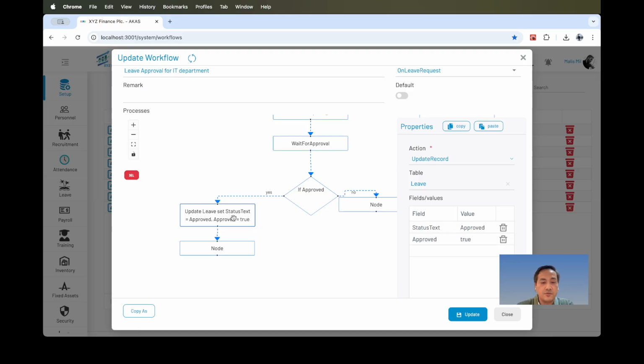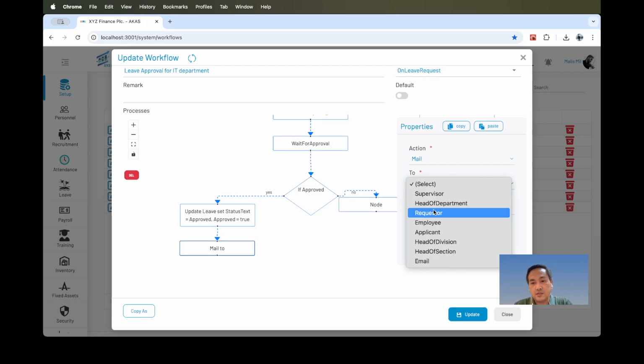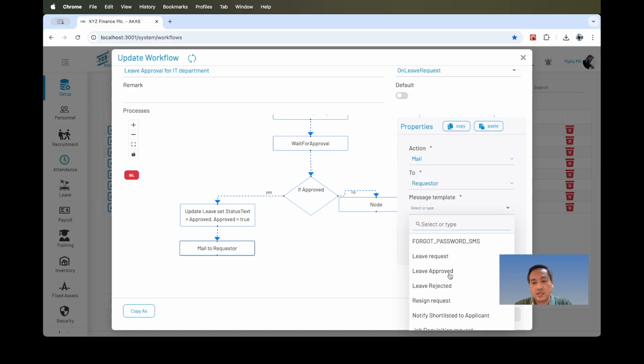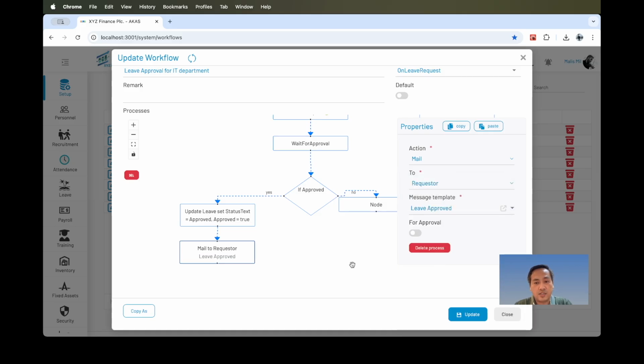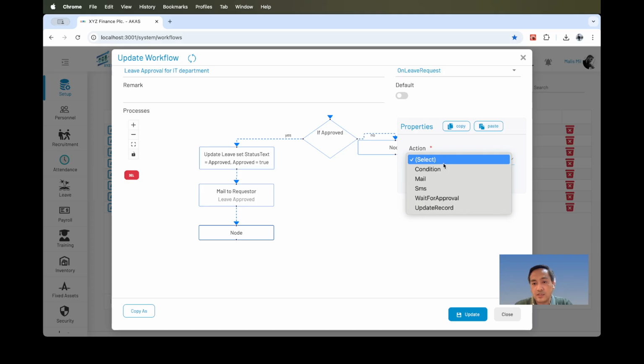Approve to true. And then send an email to notify the requester saying that the leave is already approved. And you can also send to, let's say, HR, who is responsible for managing leave.